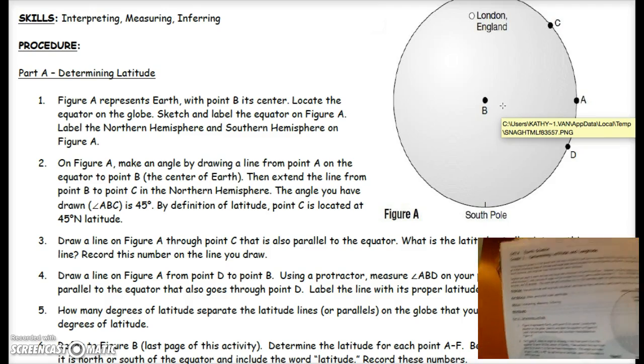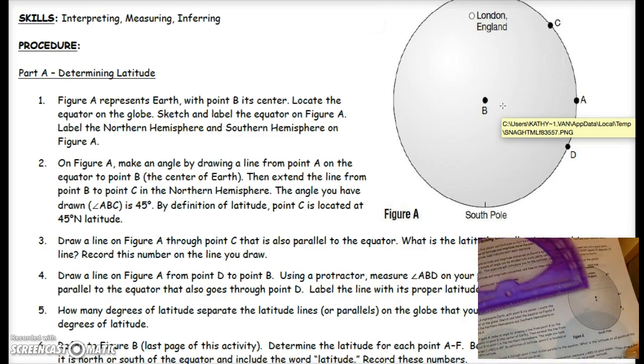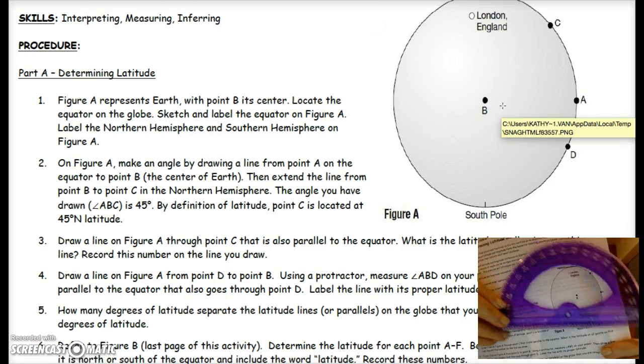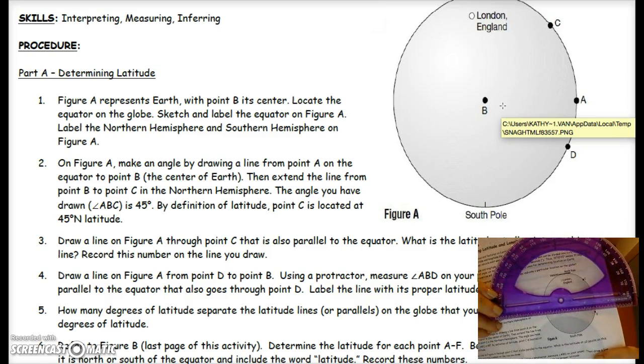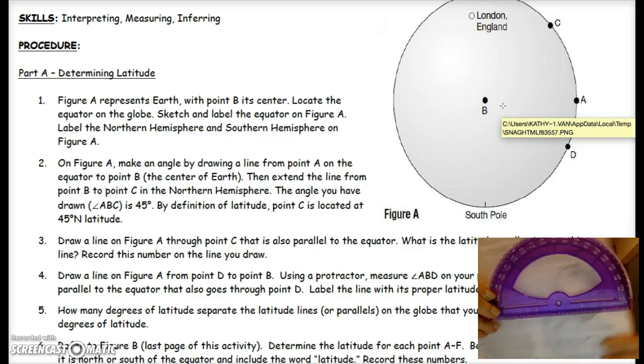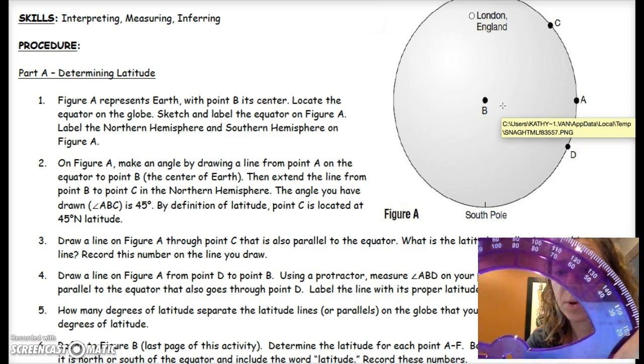Let me see if I can center this in my camera. Right, and actually hold this up, with B being right in the center. Do you see where that B mark is? Hold my center right up to it and draw the line. So we're going to do this in questions 3 and 4 with the different points, but here's the way that